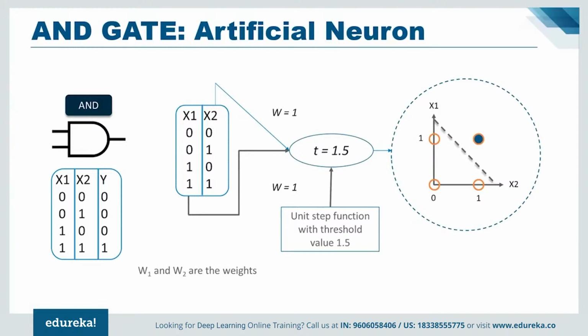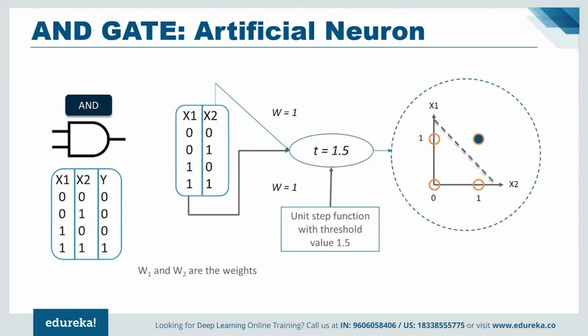I will be using this as an example to explain how a perceptron works as a linear classifier. As you know, an AND gate produces an output of 1 if both the inputs are 1, and 0 in all the other cases. Therefore, a perceptron can be used as a separator or decision line that divides the input sets of an AND gate into two classes.